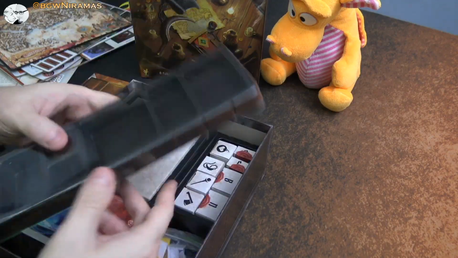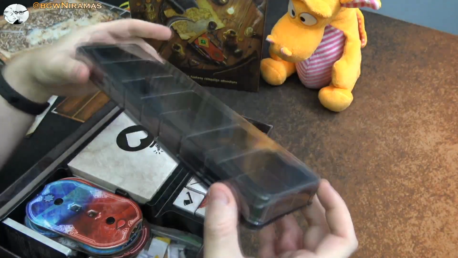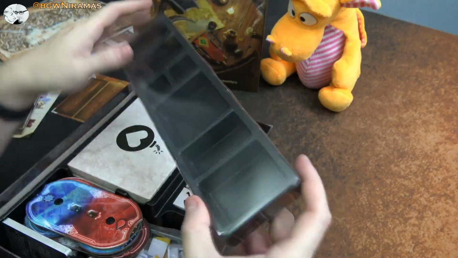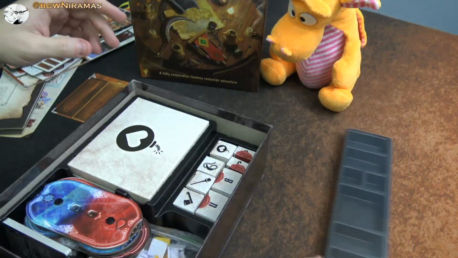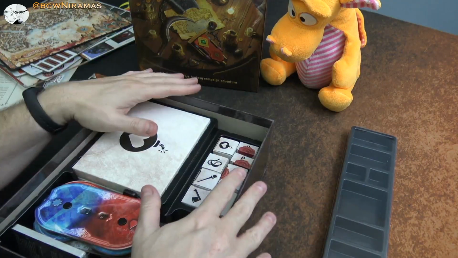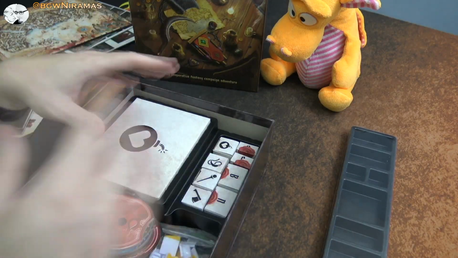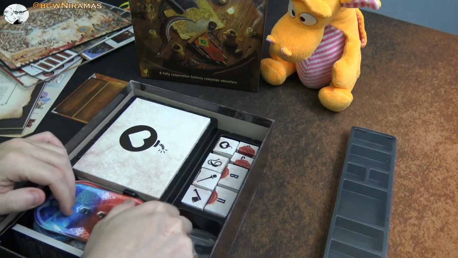Now, we have this one here for tokens. So this seems to be basically just damage and all that stuff. It's nice that that comes with the game. And I am waiting for, in just a few weeks here, I'll get the E-Raptor insert for this game, and I will do a review of that one as well. So that's coming as well. Alright,